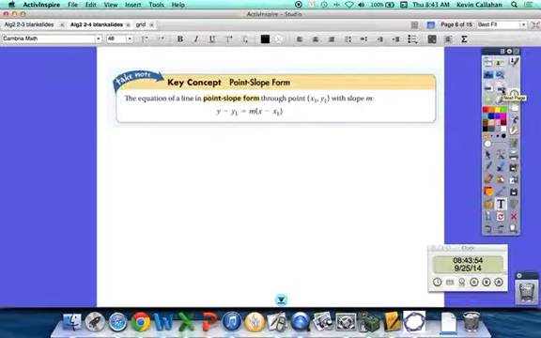So the first one is point-slope, right? And point-slope form is called point-slope form because what do you need to use point-slope form? You need a point and you need a slope, right? It's in the name, point-slope. If you look at the